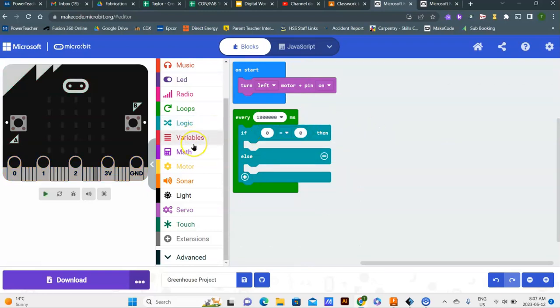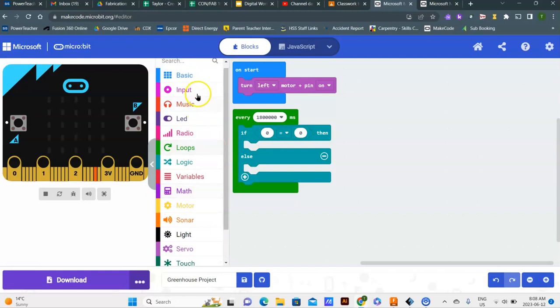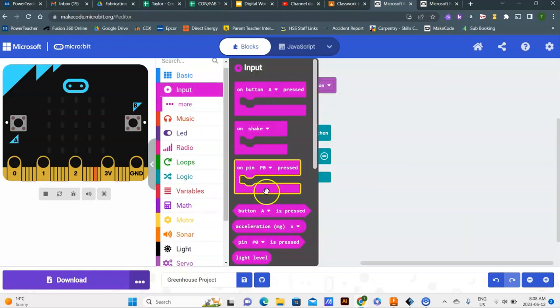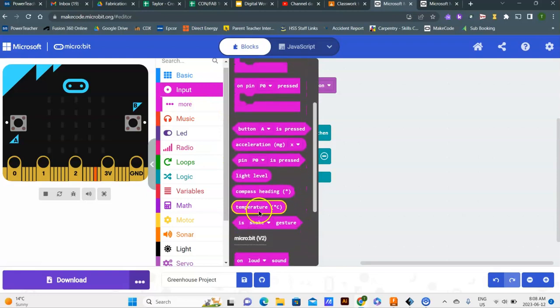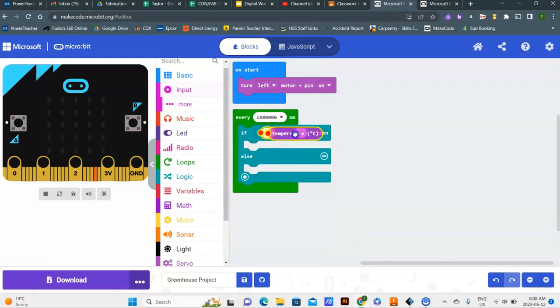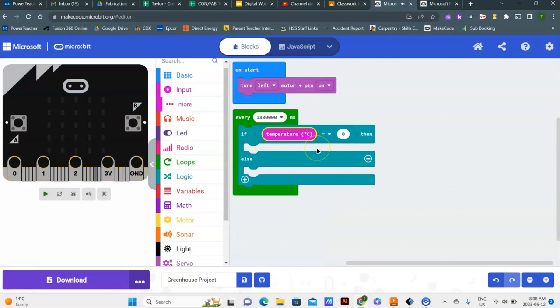Okay. Then I want a variable to put into that first zero. So I want to input our temperature variable. Put it in there. So if temperature in degrees Celsius, I'm going to put a greater than,